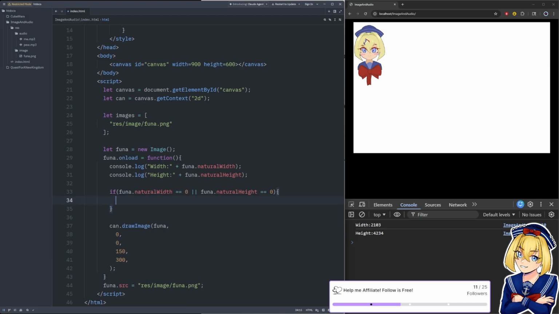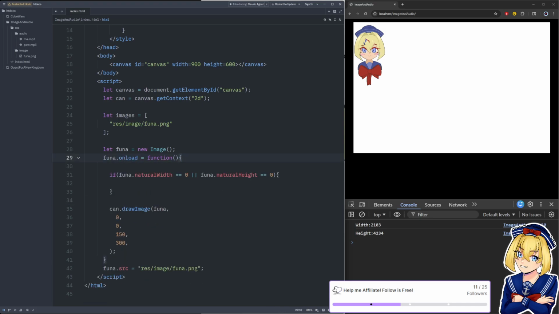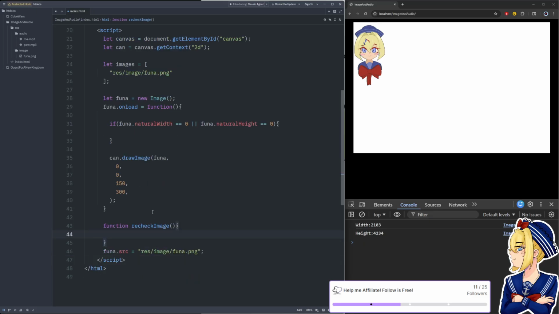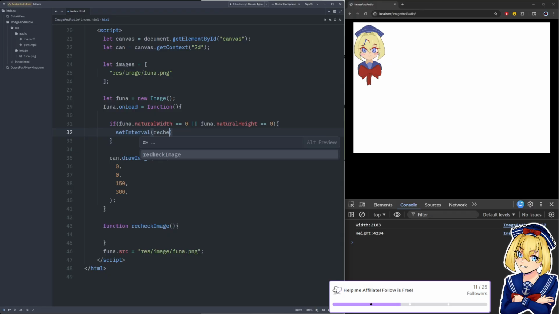then I like to create a kind of stalling function. I'll have a function called recheck image. Sorry, that's supposed to be the name of the function. Then in here, I'll use set interval, recheck image, and I'll put Funa in here, and say in a second, check on the image.